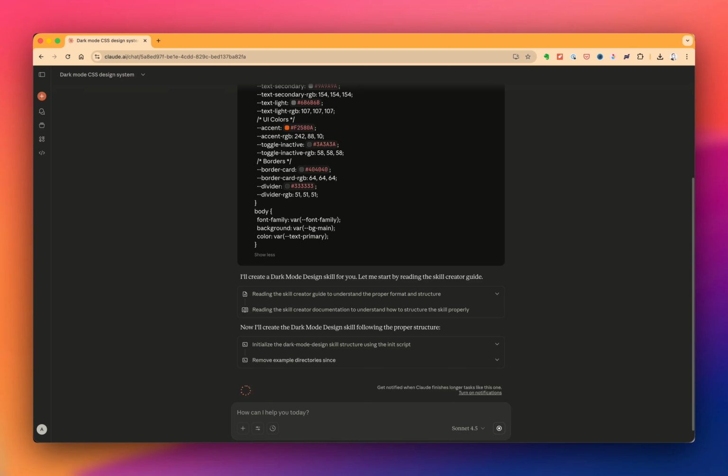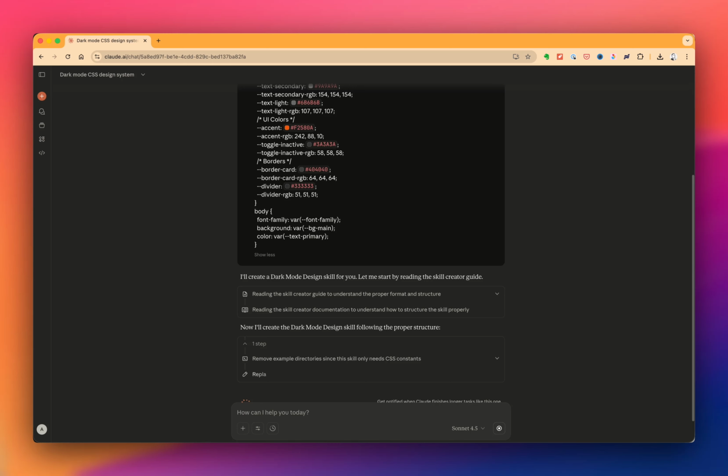With the skills, basically they are on demand and they're gonna use much less tokens and consume much less context, which is more economic for you, but also more effective for Claude,